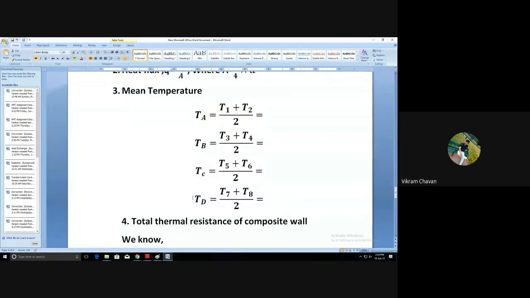Okay, but we require only the overall temperature difference. So overall temperature difference means what? It is the initial temperature of the slab minus the final temperature of the slab. So the initial temperature is nothing but TA, because T1 and T2 are the nearest thermocouple temperatures to the heater. So the initial temperature will be considered as TA, and the final temperature will be considered as TD. The temperature on the wooden end side, after the wooden material, whatever the thermocouples are there, will be considered as TD, that is T7 plus T8 divided by 2.